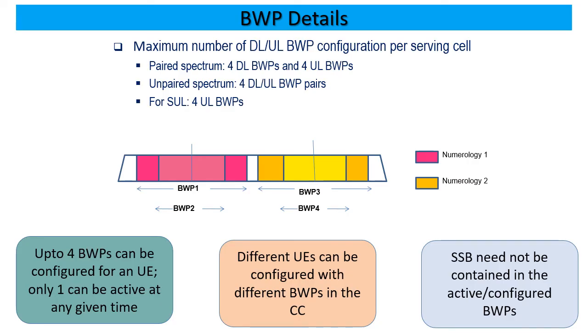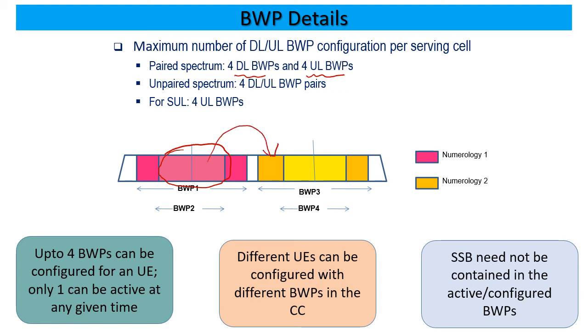So 5G NR as of today in release 15 allows us to configure 4 downlink and 4 uplink bandwidth parts for a UE. They can be of different sizes, they can be overlapping, and depending on TDD and FDD, there are links between downlink and uplink. So a lot of flexibility, a lot of configuration potential for managing a variety of advantages that we talked about. A UE will have only one active bandwidth part at a given time, which means that one of these, for example, let's say this area, would be where it would get its data unless it is required to switch to one of the other ones, which is also made quite smooth and easy.